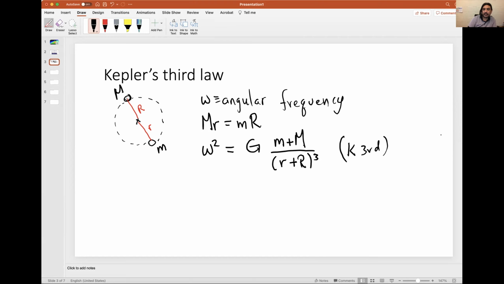One way to write Kepler's third law. We're assuming that the orbit is circular, so that we can write it as simply as this. If it was elliptical, the equations are more complicated, but it turns out that even if it was elliptical,